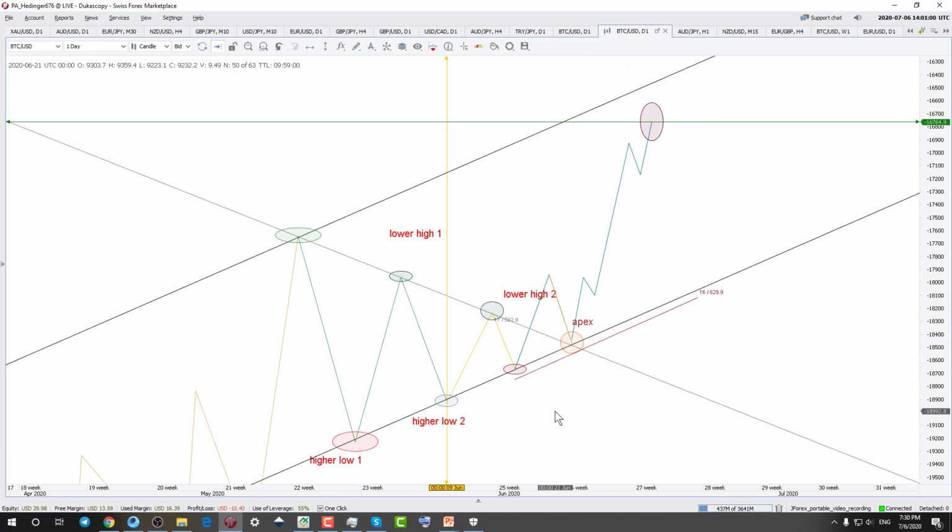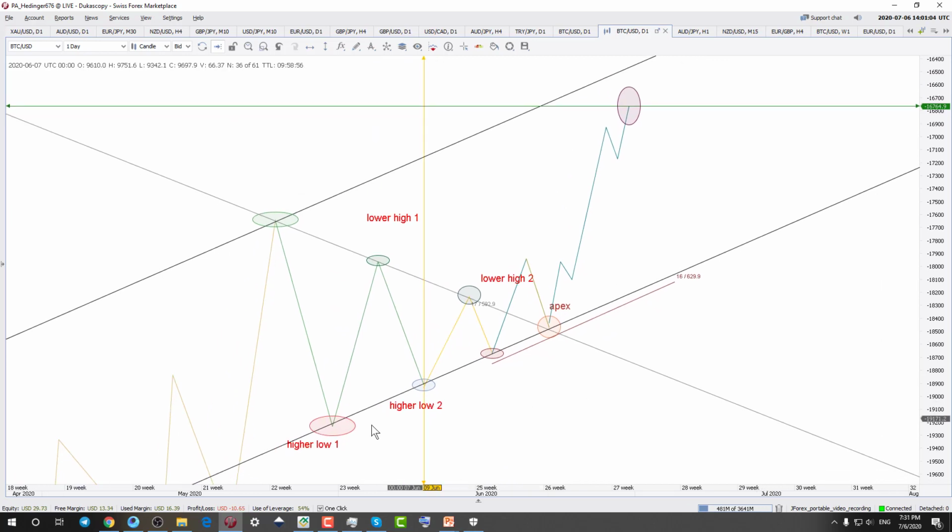And how do we measure the targets in this case? We measure the target by joining these lines and drawing a parallel line to the place from where the pattern actually started. I hope you got it. If not, you draw a line and then make a parallel line, and whatever is the height of the line from the break, that will be your target. In this case it is 16764. So now we will see it in a real market scenario.